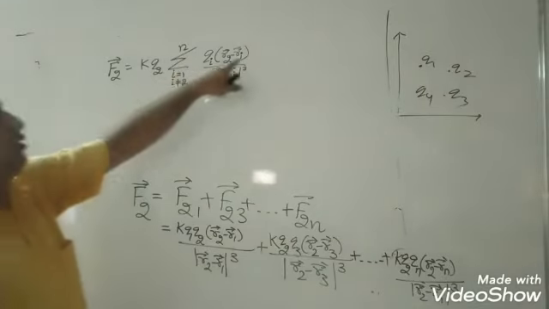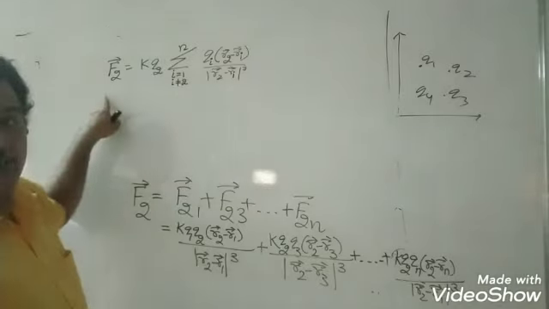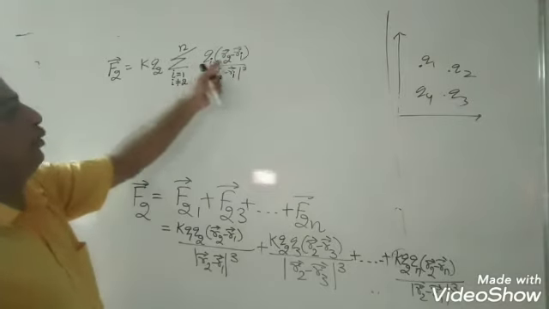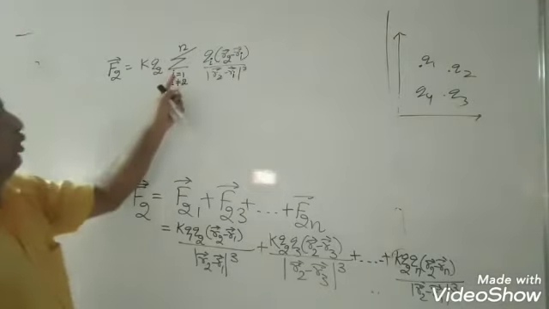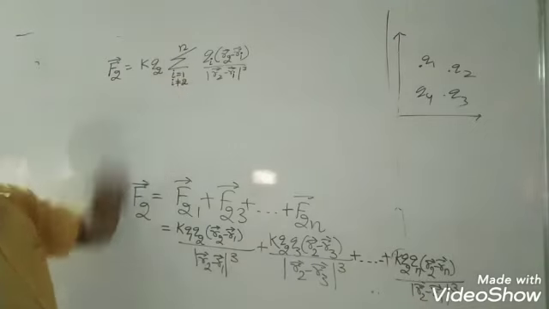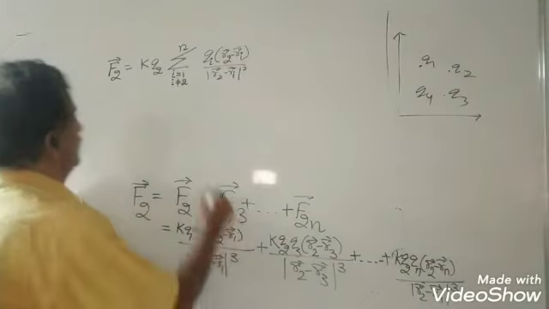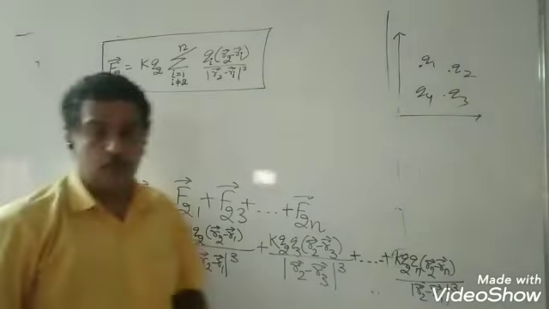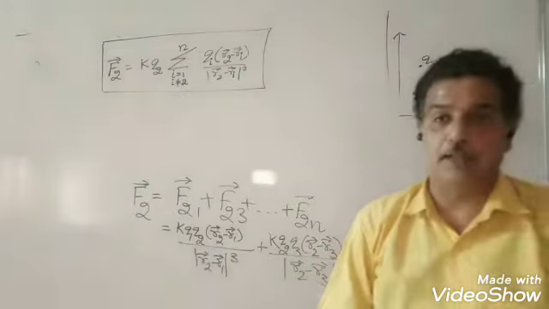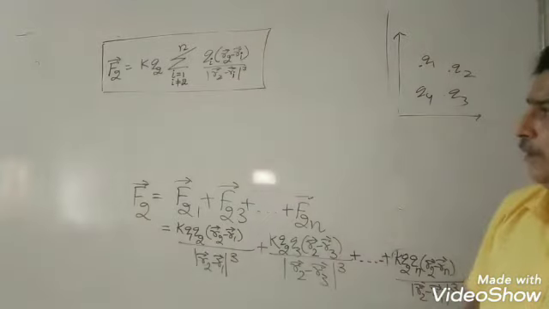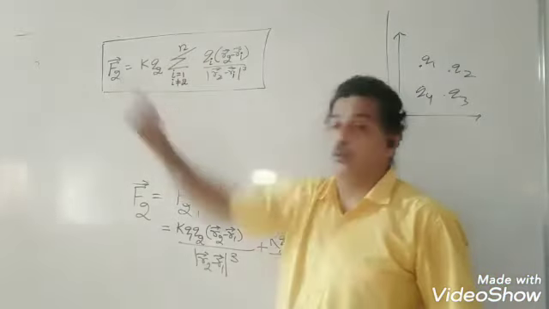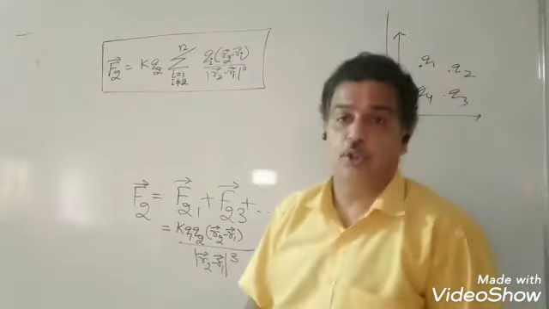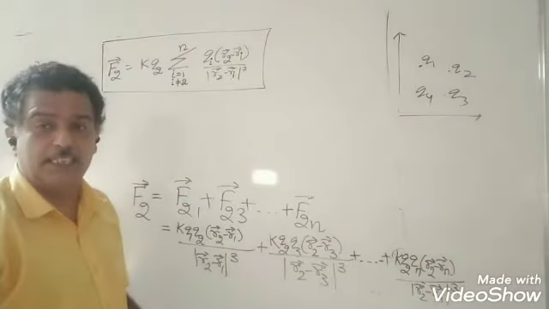So I is equal to 1 first we have taken. You cannot take 2 because you are finding the force on 2. Then I is equal to 3, so R2 minus R3. I is equal to 4, R2 minus R4. So if you substitute the value of I from 1 to n except 2, you will get this summation. So this is the resultant force acting on Q2 charge using the superposition principle. Now this was an example. You have found the force on 2. You can also find the force on Q1, Q3, any charge of the system.